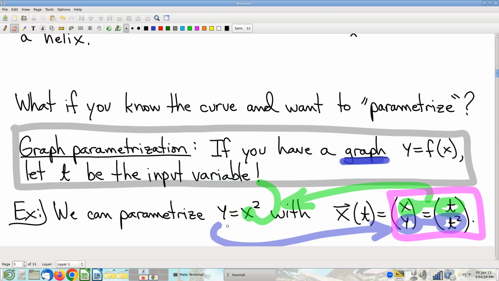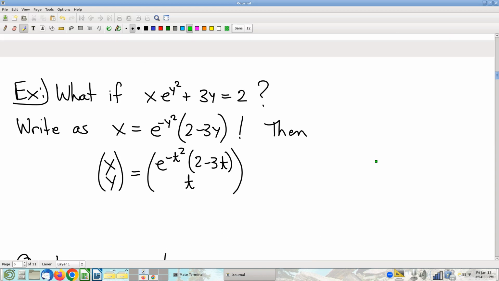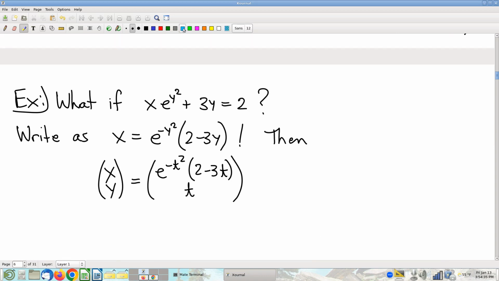All right, here's another example. Now, you'll notice in this equation right here, it does not appear to be a graph. It's certainly not written as a graph because I have not solved in this equation for one of the variables. And if you try to solve for y, you're going to lose. Because you see you have e to the y squared and y in a different term, and this algebra just doesn't work out. So you cannot solve for y, but you can solve for x